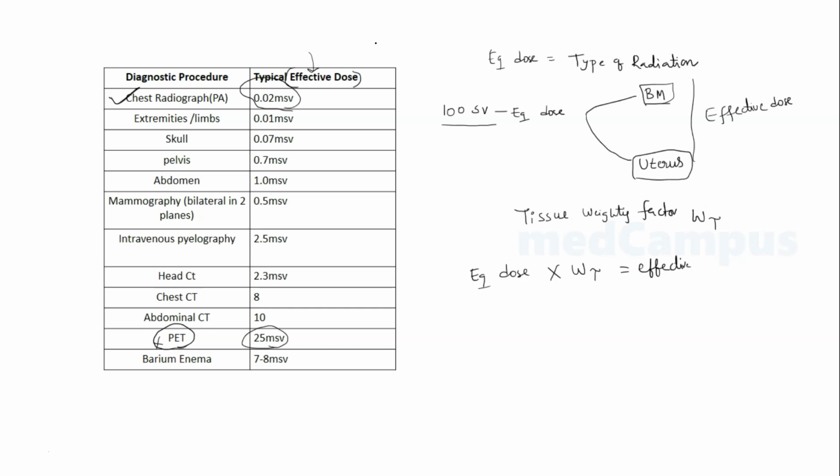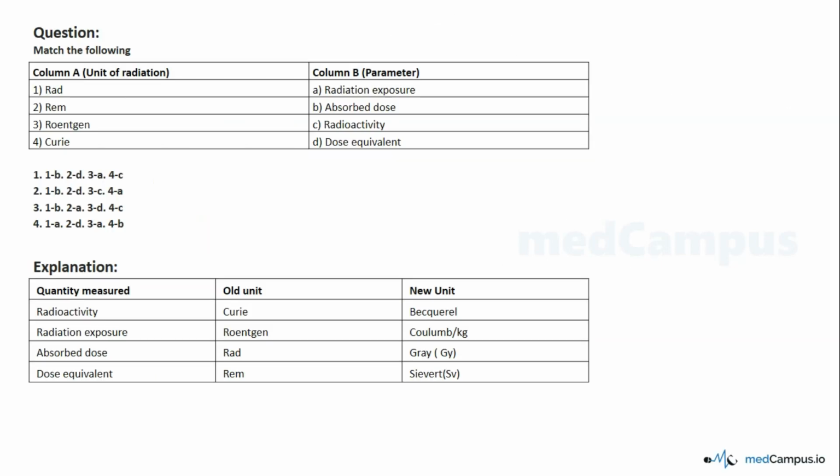But don't worry, similar to equivalent dose, effective dose also has the same SI unit, that is sievert, or the same non-SI unit, that is Rem. So you are saved here. Okay, that's the reason in the match the following we haven't asked you the units of effective dose. So with this, hope you got a general idea about the different units of radiation